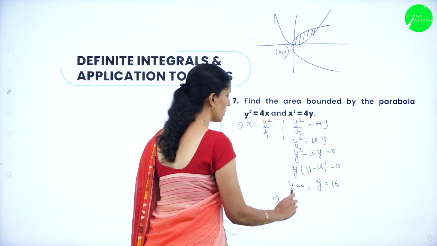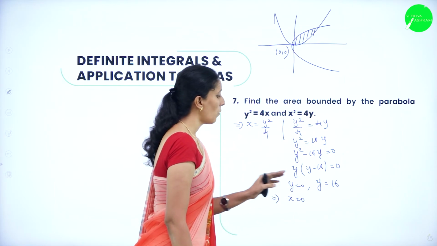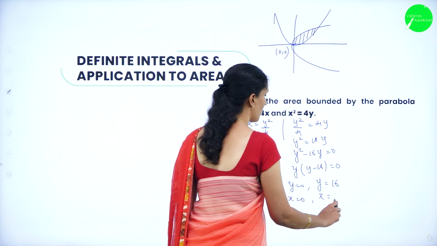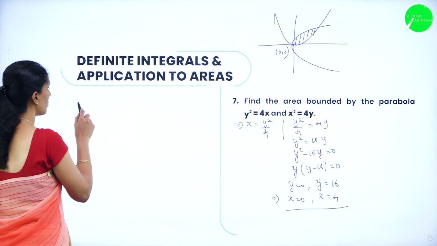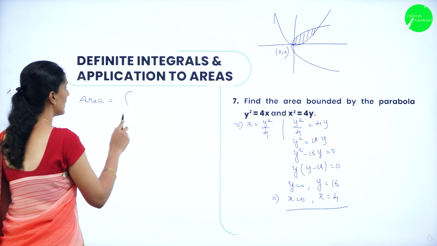If y is equal to 0, then x is also 0. If y is equal to 16, what is x then? x is equal to 4. So these are the limits of x. So let us substitute. Area is equal to, let us take the limits of x, that is from 0